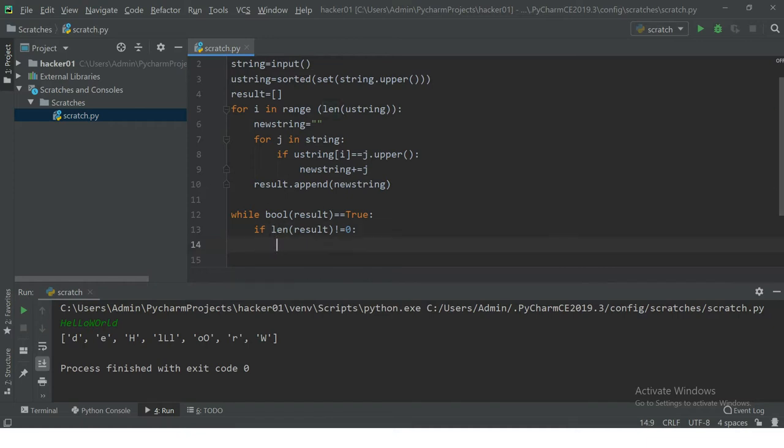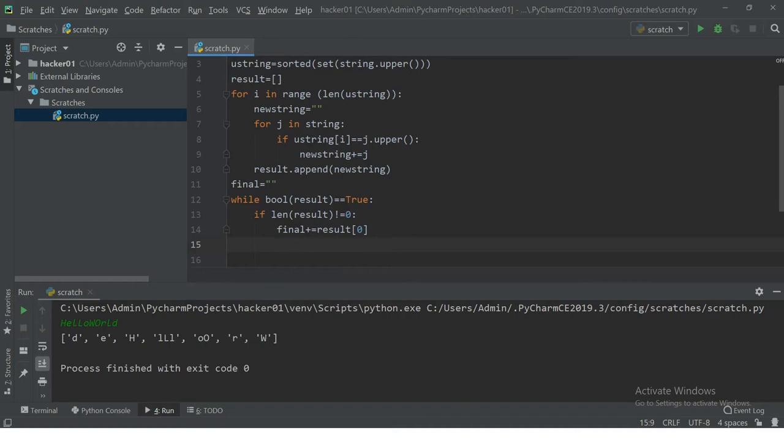Okay, I want a string 2 which is an empty string. Now final would be the first element of result always while running the loop, and I'm going to then remove the first element of the result.